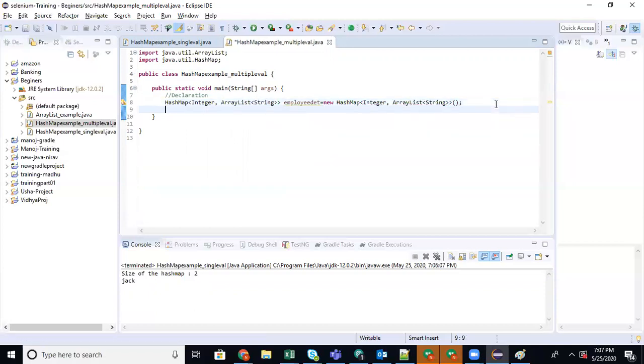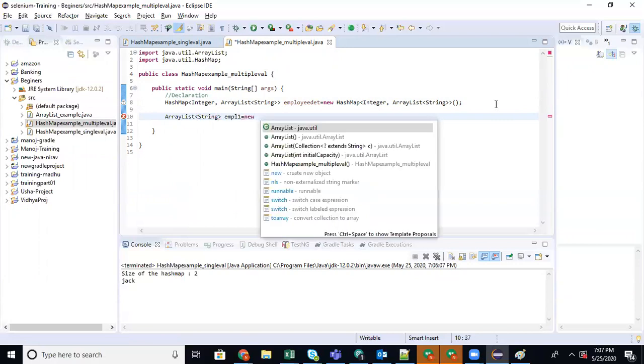If it is a string, I can write it in double quotes, but for an array list, first I have to add the multiple values and keep it ready. Then I should be able to add it. So I'm creating one array list of string, employee1 equal to new ArrayList.